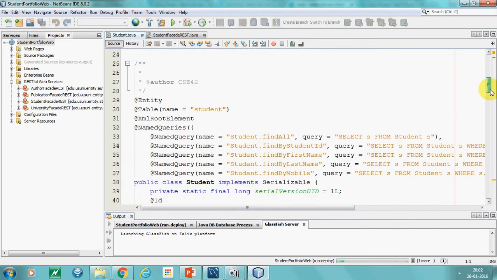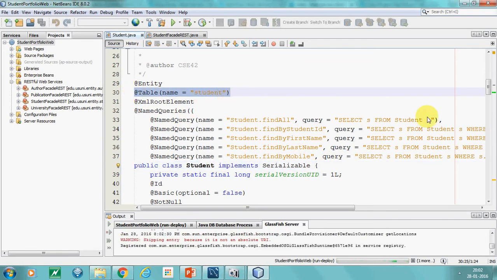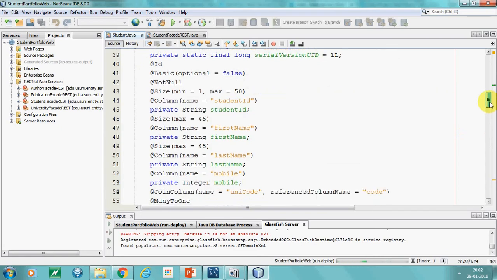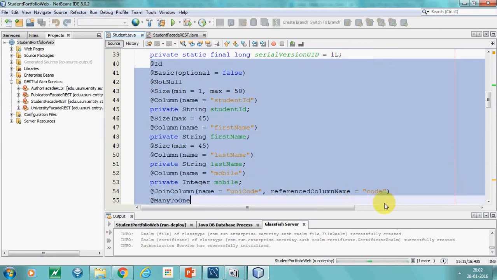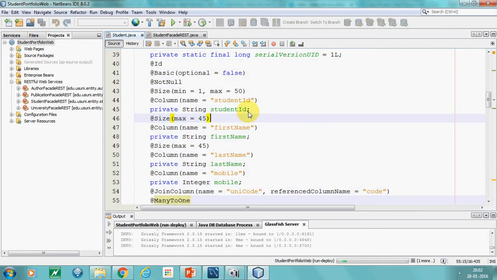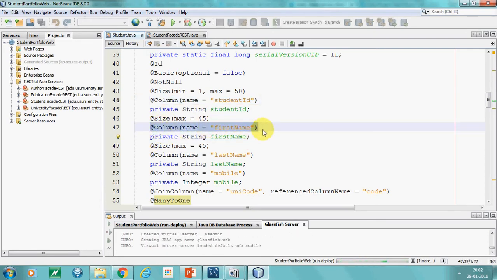let's see the student web service class. You can see the student web service class. The class name is student. It is related to the table called student. The class has 4 fields: student ID, which is related to the table column called student ID. Second field is first name, related to the table first name.